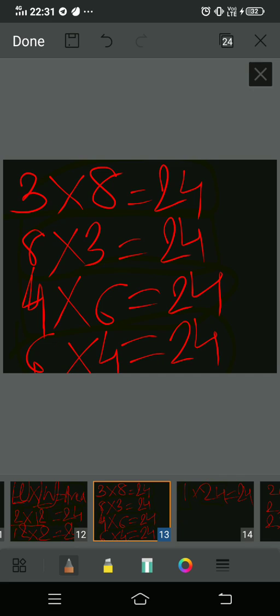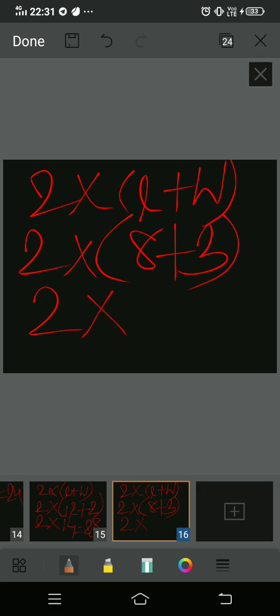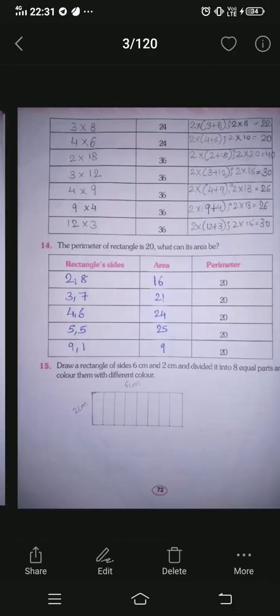For example, we are taking sides 8 and 3. Okay, if we are taking the sides as 8 and 3, then what we will do, perimeter कैसे निकालोगे? Perimeter is 2 into length plus width है ना, and 8 will be your length and 3 will be your width. So 2 into 8 plus 3, what is it children? 8 plus 3 is 11, and 11 twos are 22. 11 twos is 22 children. Okay, so you got it. So we have got the perimeter 22. So that is how you need to do.